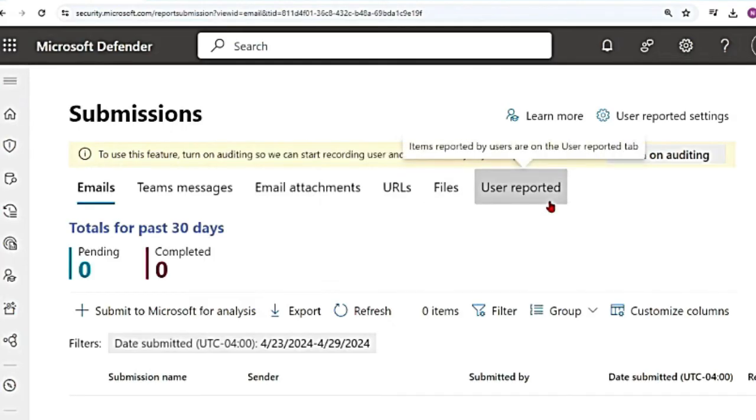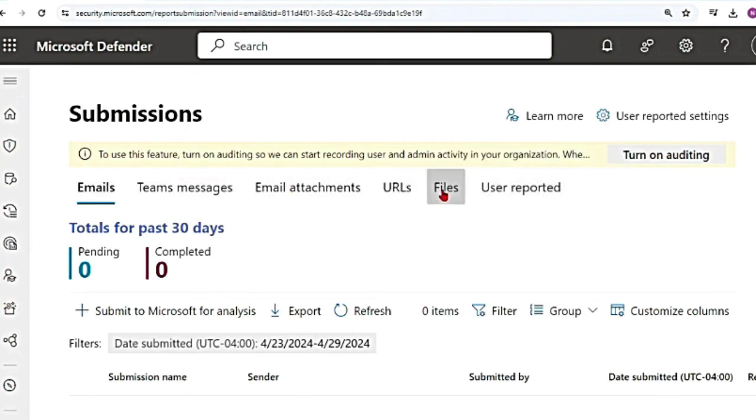So you can submit items in two ways. One is by the admin and one is by the user. This user-reported one is for the users and these are for the admins. So when you see suspicious emails, URLs, attachments, or files, both users as well as admins have the option to report and submit them to Microsoft for further analysis. This will in turn help Microsoft in refining its detection mechanisms and reducing the need for extensive